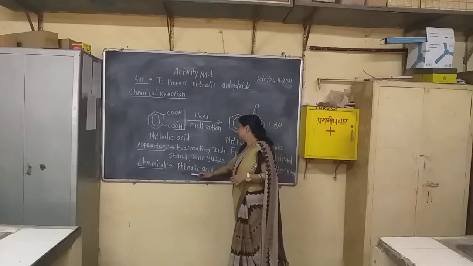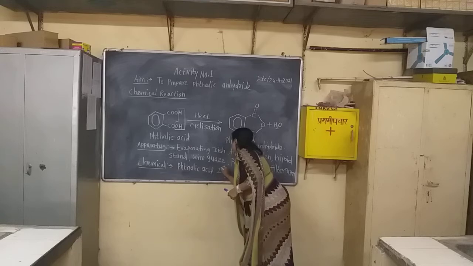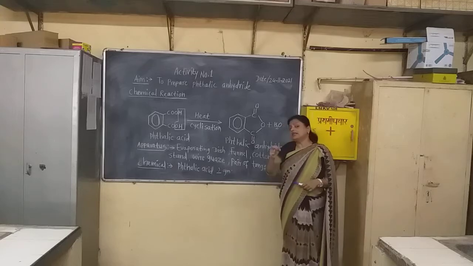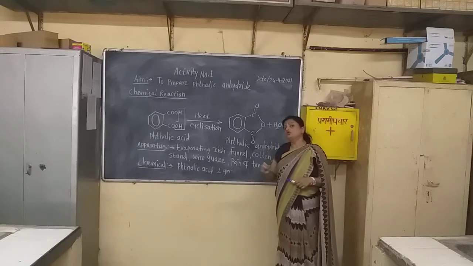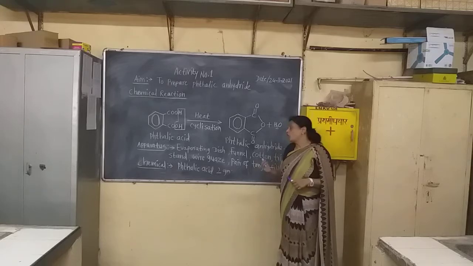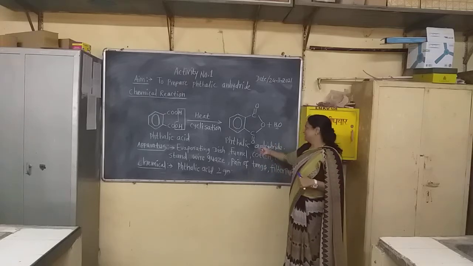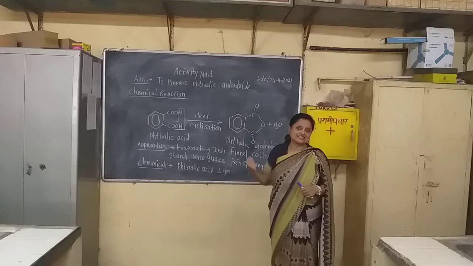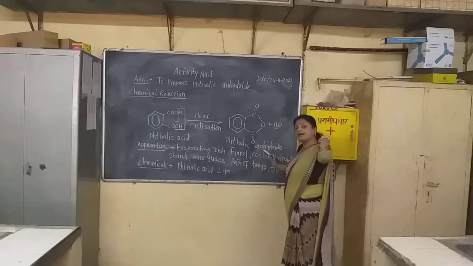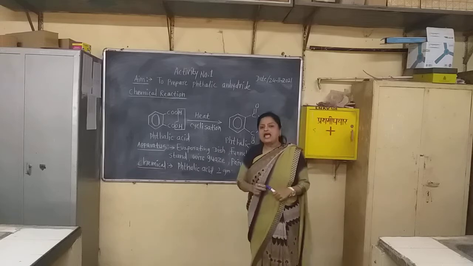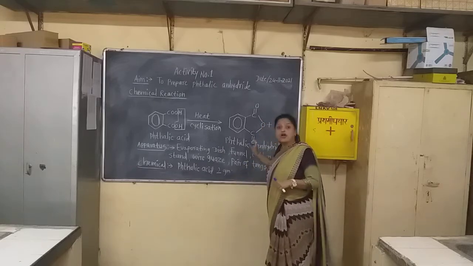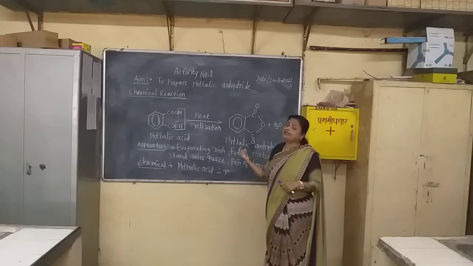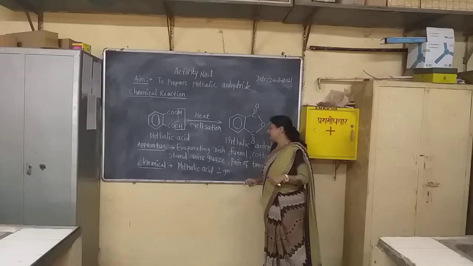And in chemicals there is only phthalic acid. 2 grams of phthalic acid are required. If we use 2 grams of phthalic acid, our yield must be from 1.5 to 1.8 grams, and then you obtain the full 6 marks. And this phthalic anhydride is also a solid substance, but its crystals are like needles. So the shape of the phthalic anhydride is needle shape, and the color is white, and the yield or weight must be in the range of 1.5 gram to 1.8 gram, because we are using 2 grams of phthalic acid.